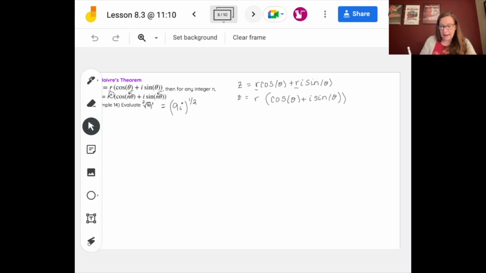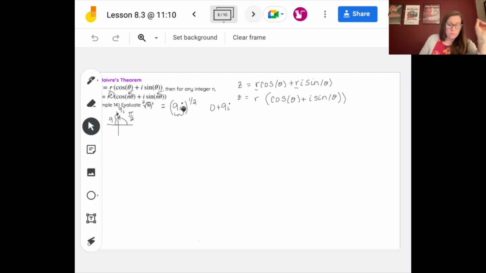Where would this be graphed? If I just think about 9i, it is 0 plus 9i, so I am on the imaginary axis up here, where I know my radius is 9, because up here is 9i, because I went 9 units up. And I know since I'm on the imaginary axis, this is 90 degrees or pi over 2. Okay, so now that we have it here, we can now write this as polar